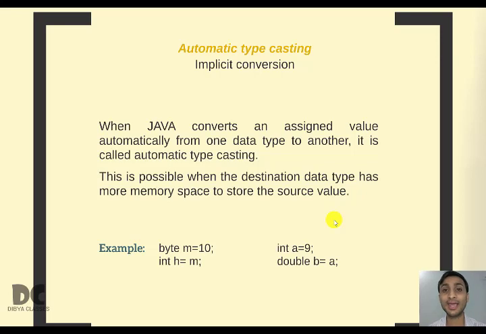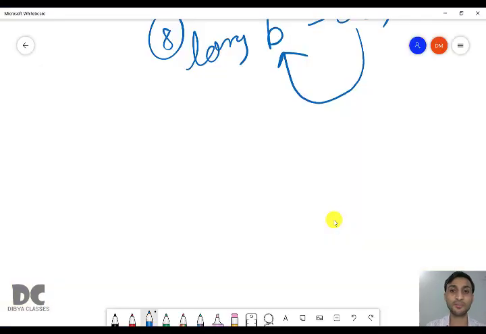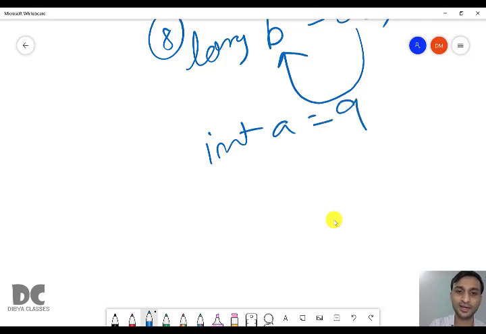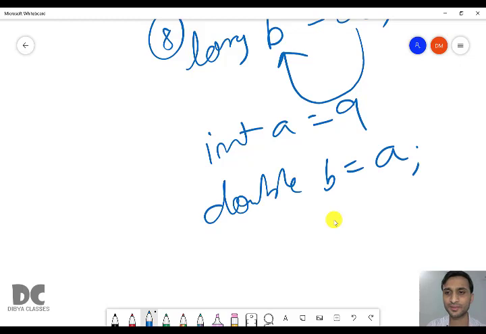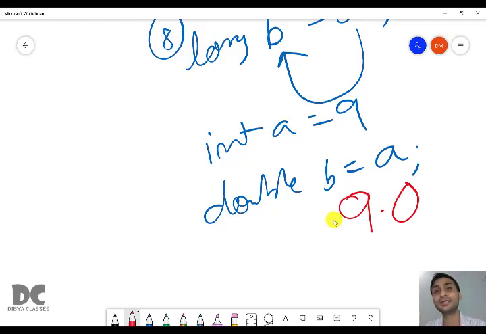Again, the type of data type is also changing from integer to real. Int a equal to 9 and now you are storing it in double b equal to a. So what will be stored? 9 will get stored? No. Double will always store decimal values. So here Java will automatically convert it to 9.0. So 9 will not get stored, but 9.0 will get stored.